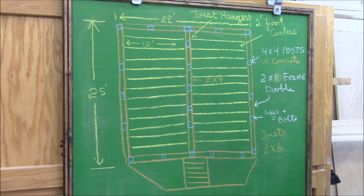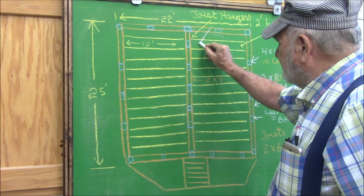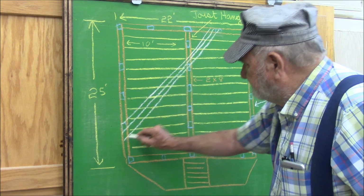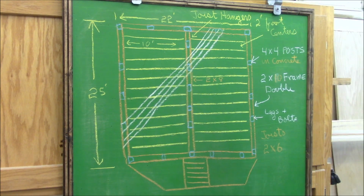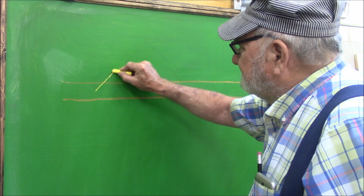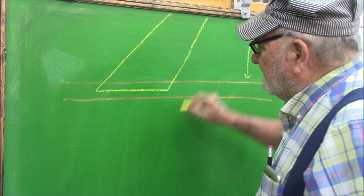Okay, next thing, whoever built this put the planking on at a 45-degree angle or close to it. Let's look at the ramifications of that. Okay, this is a 2x6 joist. We're looking down on it. It means our deck planking is going to meet that